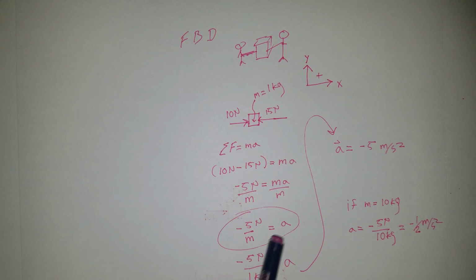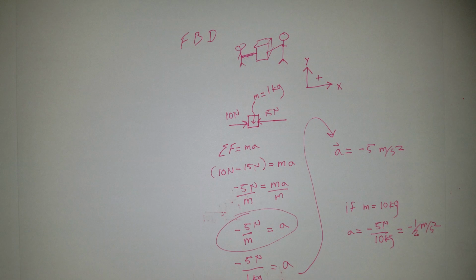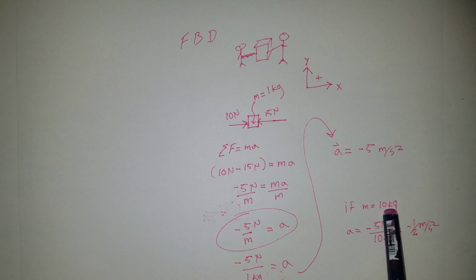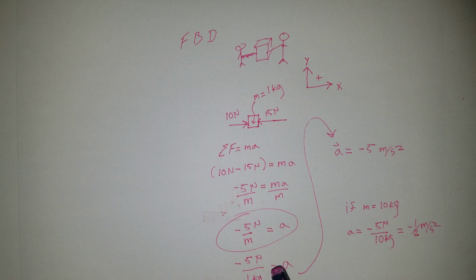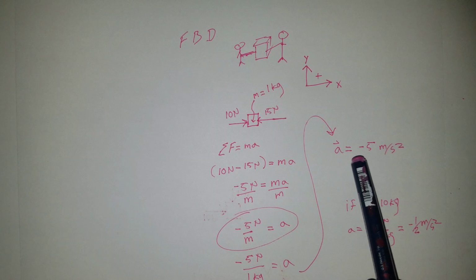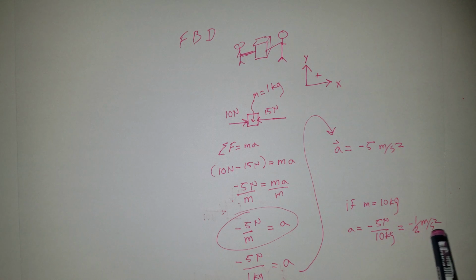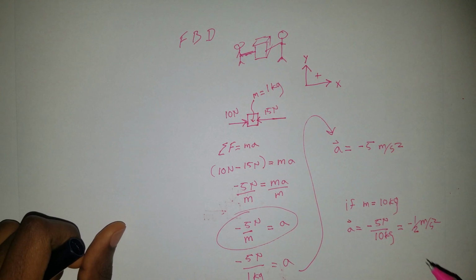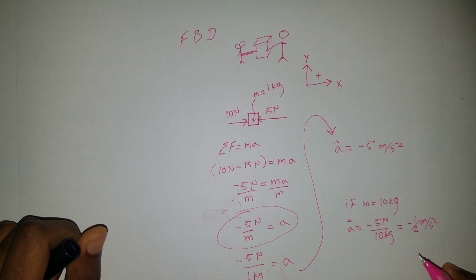We can see here the acceleration and the mass are inversely proportional, meaning that if the mass increases by 10, the acceleration will decrease by 10, which happened here. I said the mass is 10 kilograms, increased from 1 by 10, and the acceleration decreased by 10. It went from negative 5 meters per second squared to negative 1/2 meters per second squared. So we're purely looking at the magnitude. That is what we have,